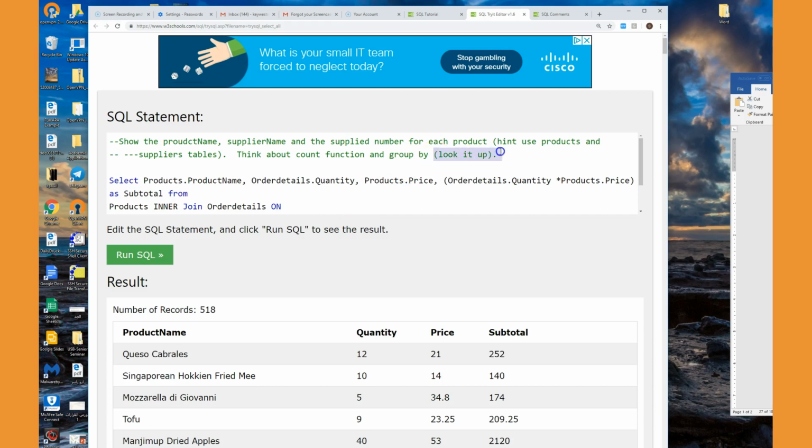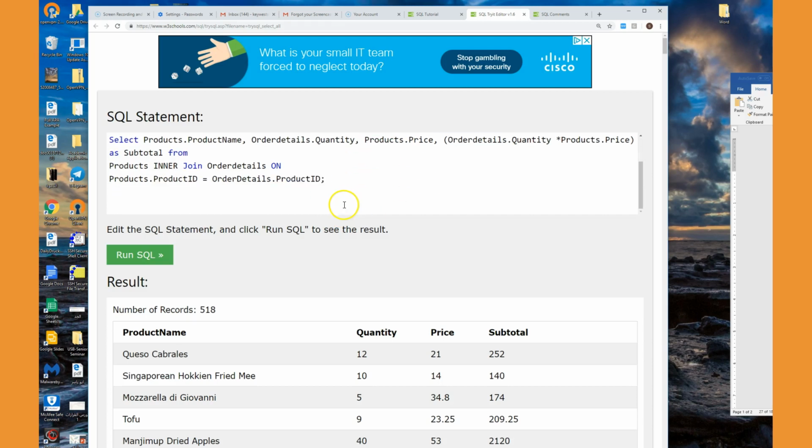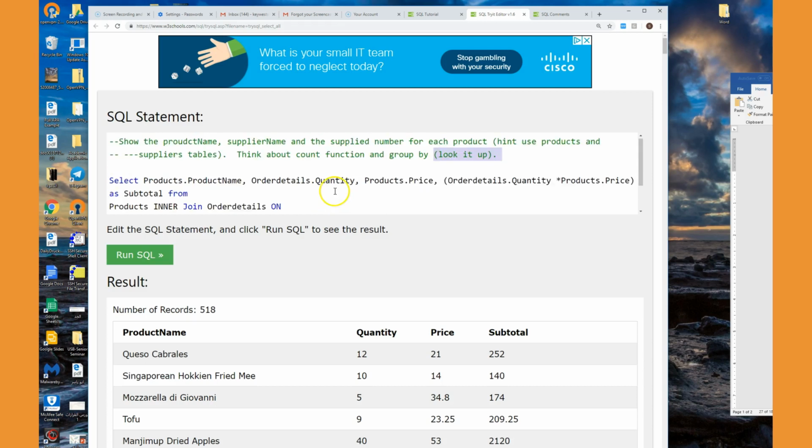All right, so we need to get 2 things before I do this. First of all, I need the product name, so I'm going to leave it from the previous query. Now we need the supplier name, so I have to come from the table suppliers, and now supplier name. Okay, that's how it is in the table. And let's do that before we do any grouping, just to get it from the table. So we're going to say from suppliers. Okay, and I'm going to say here inner join